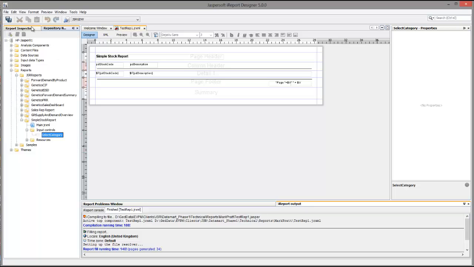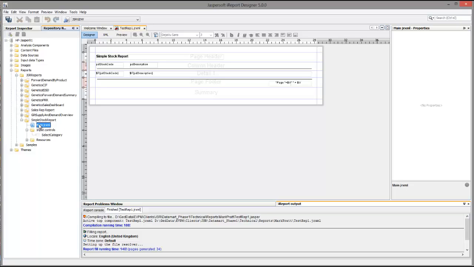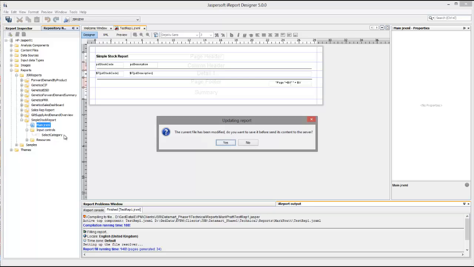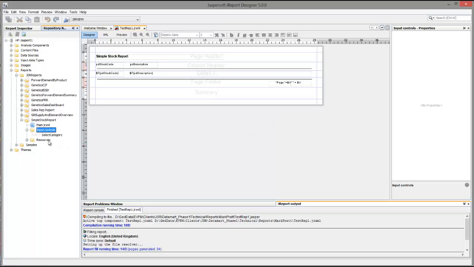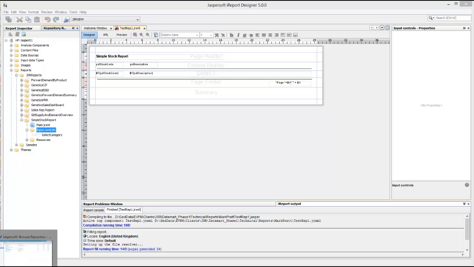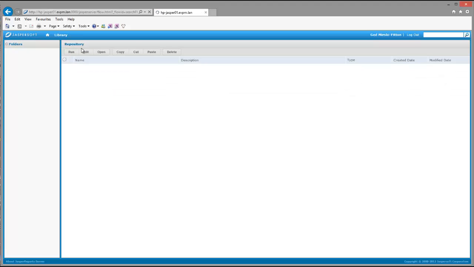And the last thing that we need to do is update the report so that the iReport that we've just changed is actually in the repository. So we replace the repository document with the current document. That's been successfully updated. So now the repository is up to date, and it's got the ability to use an input control. So we'll just refresh this view,